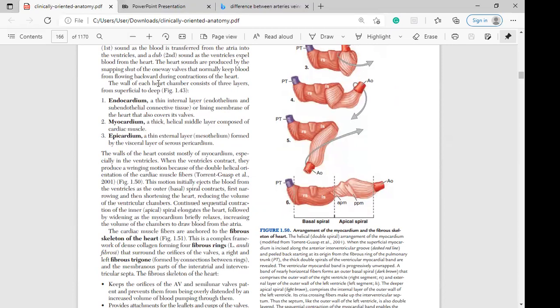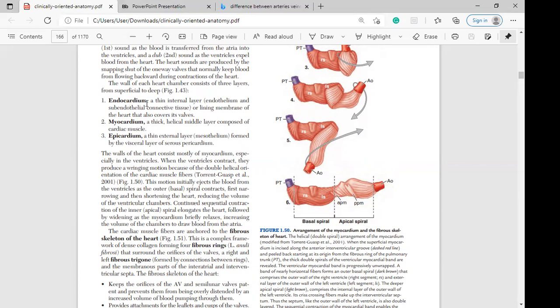Now, because the heart, we said, is a muscular organ, but the muscles of the heart itself are made up of three layers. Just the way we said that the blood vessels have three tunics or three layers, the heart itself has three layers. But I already said that the heart is located in what we call the pericardial cavity. They are the endocardium. So the endocardium is the internal layer,